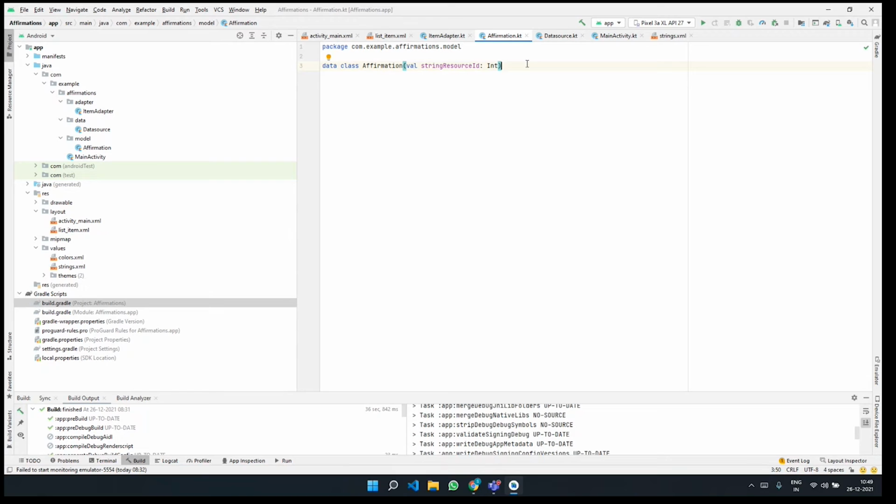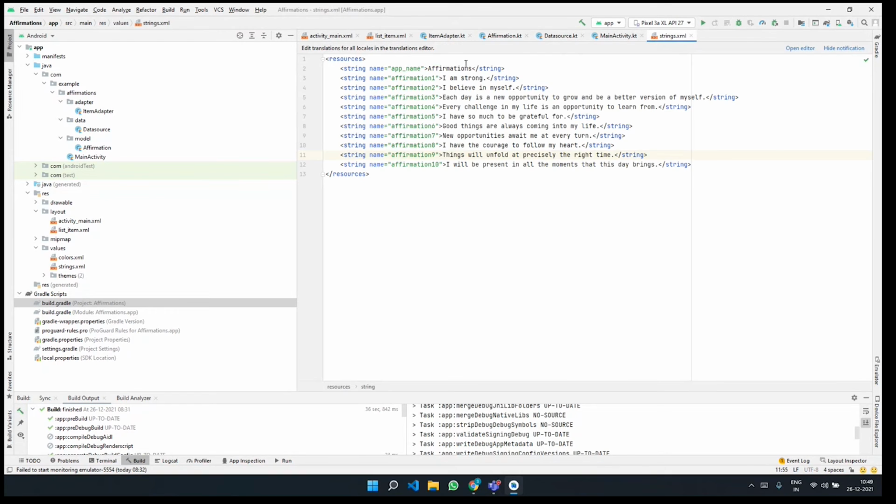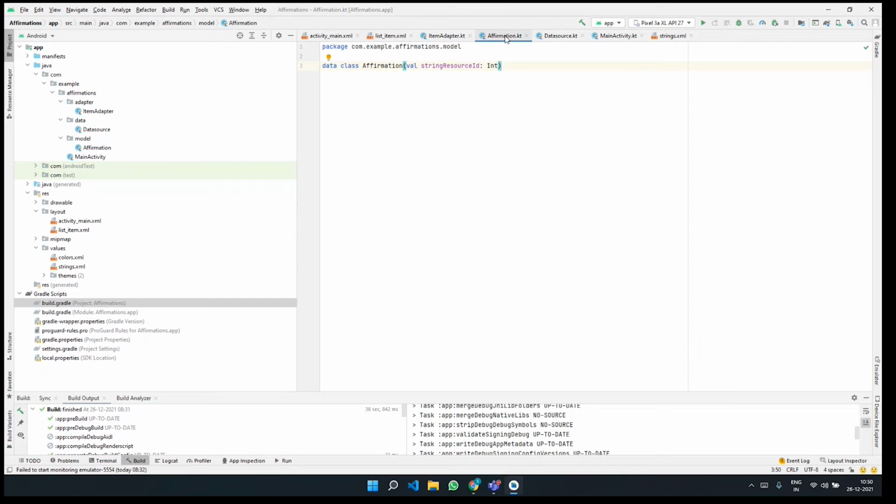And when you create an instance of affirmation, you need to pass the resource ID of the affirmation string. We saw different affirmation strings here, and each affirmation string is allotted an ID. That ID, we are referencing it here.